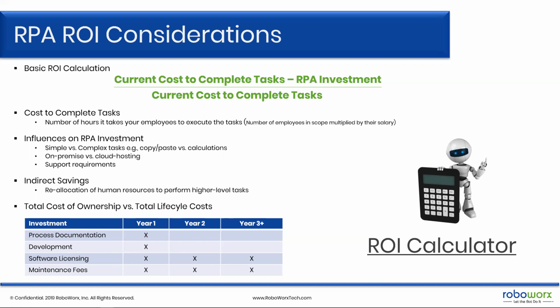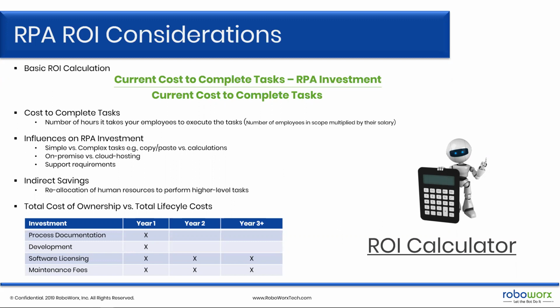And then support. Some of our clients at RoboWorks only require support 9 to 5, Monday through Friday. Other clients are very much 24/7, 365 organizations and require tier 1 support. And companies will lend that support by all means, but again, there would be a cost associated with that. So those are some of the examples of what would influence the